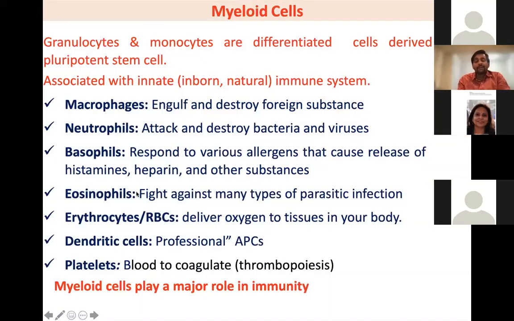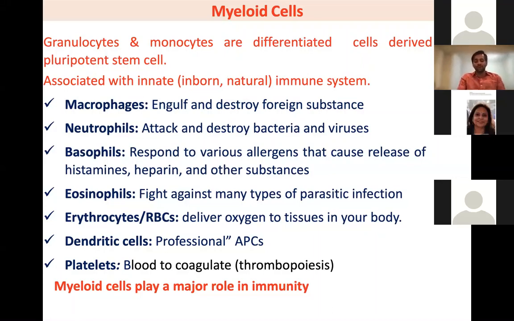Okay. And if I talk about the myeloid cells, this is the primary responder of our body army. They are the primary responders, associated with the innate immune system, inborn or natural. They are granulocytes and monocytes that are differentiated from the pluripotent stem cells. So we have different soldiers in our immune system called macrophages, neutrophils, basophils, eosinophils, erythrocytes, dendritic cells, and platelets, and they have their own potential and function to protect the body